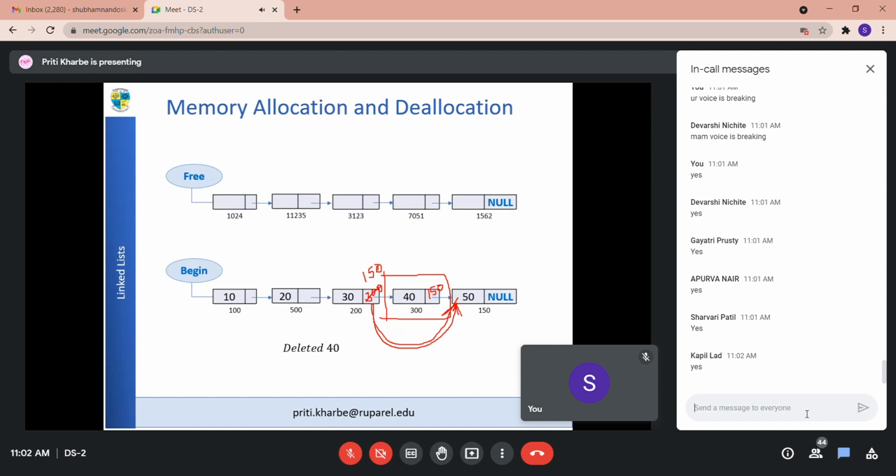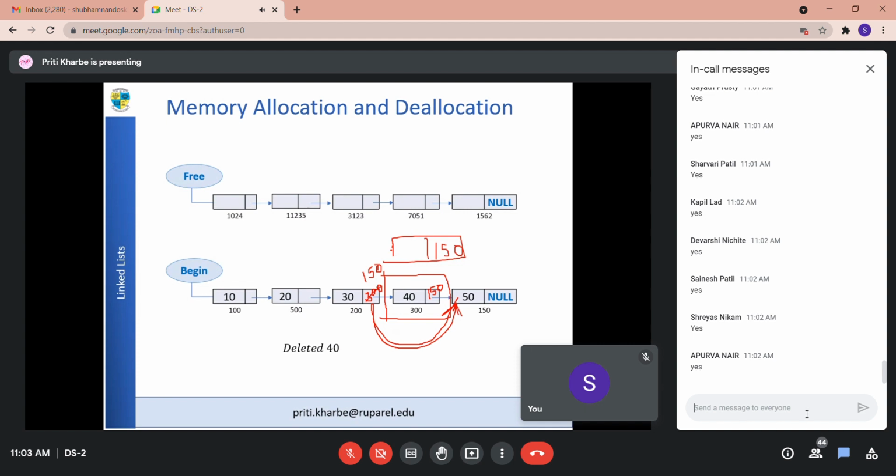Okay. Now, if you have removed the फोर्थ नोड, दैट मीन्स फोर्थ नोड के एड्रेस पार्ट में अभी भी 150 एड्रेस स्टोर्ड है. All right, so that will remain as it is. So now it is not going to remain in the air anywhere. Okay, you are supposed to return it to the free storage list. So free storage list के beginning में हमेशा आपका रिटर्न किया हुआ नोड जाता है. It will be always placed at the beginning of the free list.